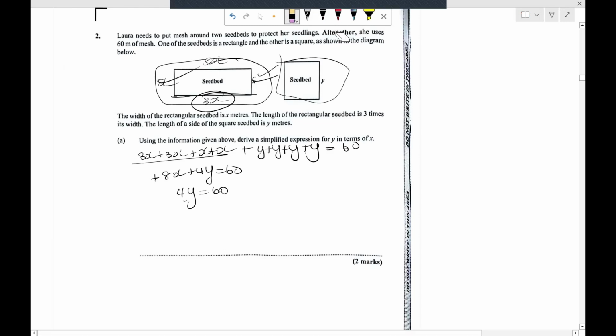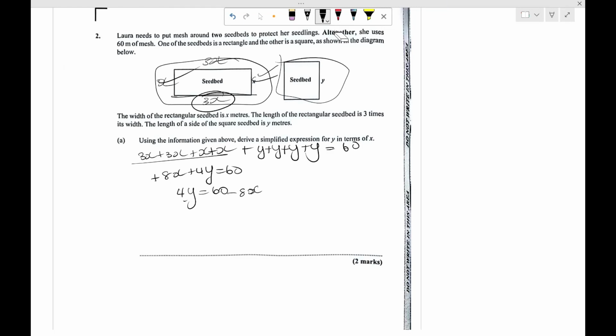What's up with this pen? Come, pen, don't give trouble now. Minus, let's use this other pen. Minus 8x,